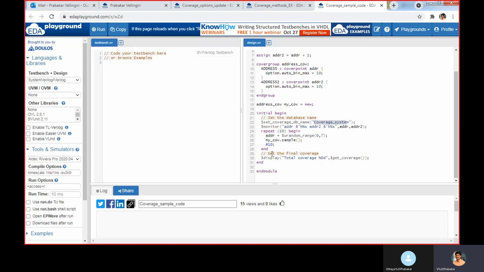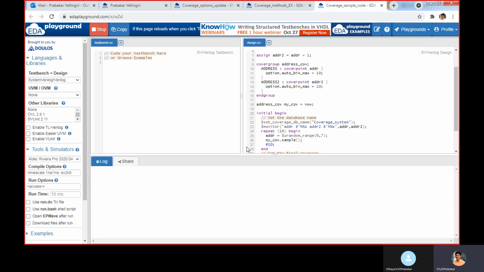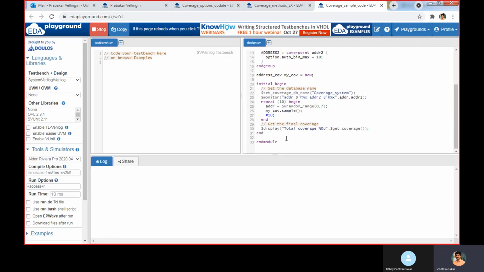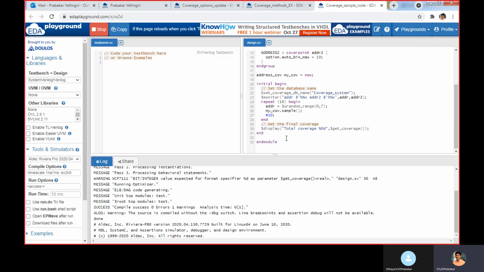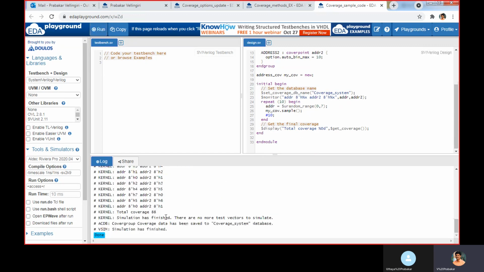Then here $get_coverage is to give the final coverage report. Get total coverage is giving us 88%. Then the coverage data has been saved to our coverage database.